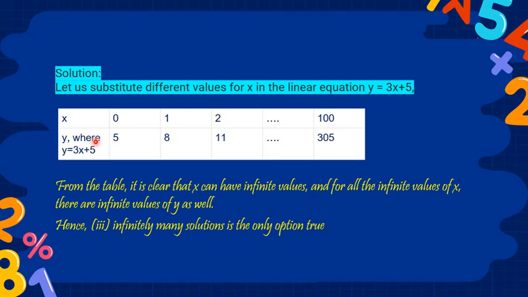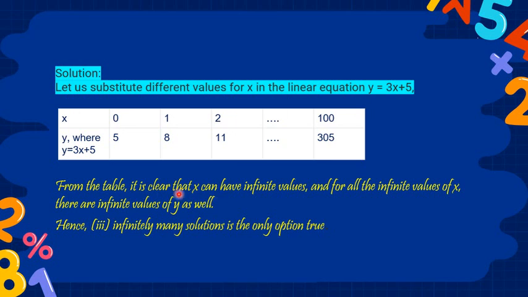X is equal to 0, and then when we multiply, 3 into 0 is 0, 0 plus 5, then the value of y will be 5. Like that, there are infinitely many solutions. We cannot write them all like that. Okay, we can write 5 to 10. That is asked more in the exams. They will be asking 2 or 3.